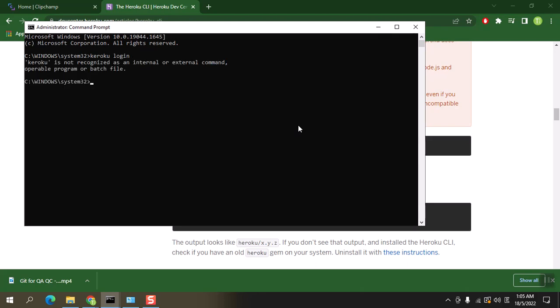login. Okay, sorry, I have an error in my typing. Heroku login. Okay. You can see Heroku is already installed on my